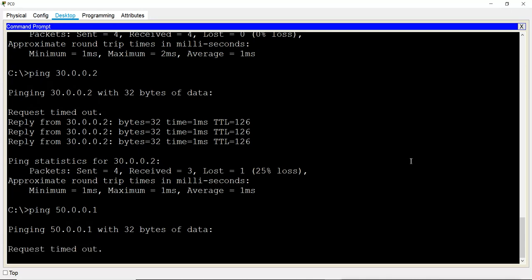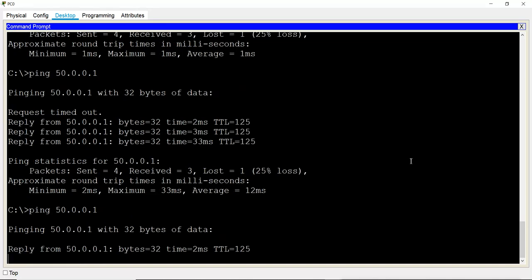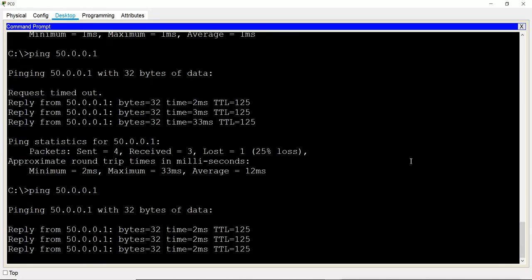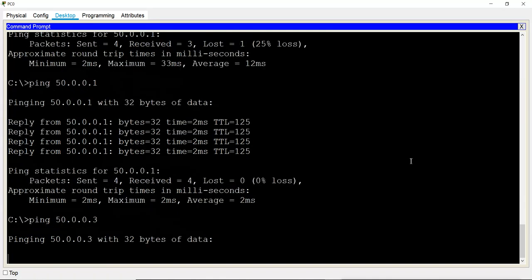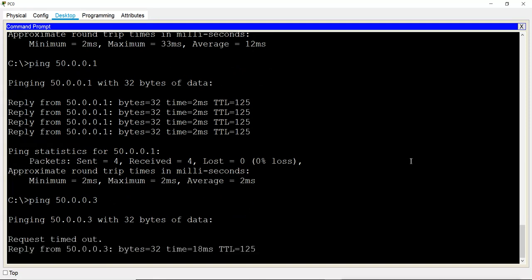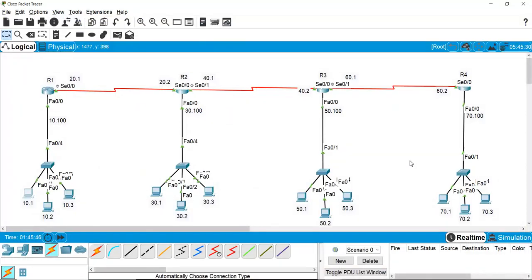First time when you ping, the first packet drops, but the rest of the packets do not drop. I can ping other IPs of 50 also, 50.2, 50.3, and I can also ping the 70 network, 70.1, 70.2. That means from this network we are pinging machines of this network.